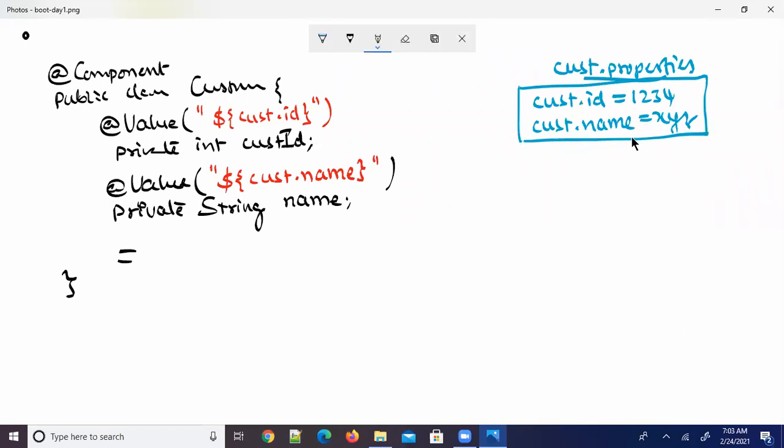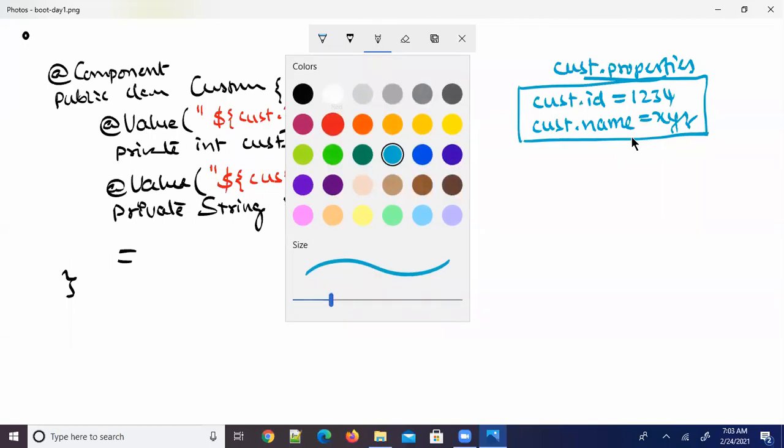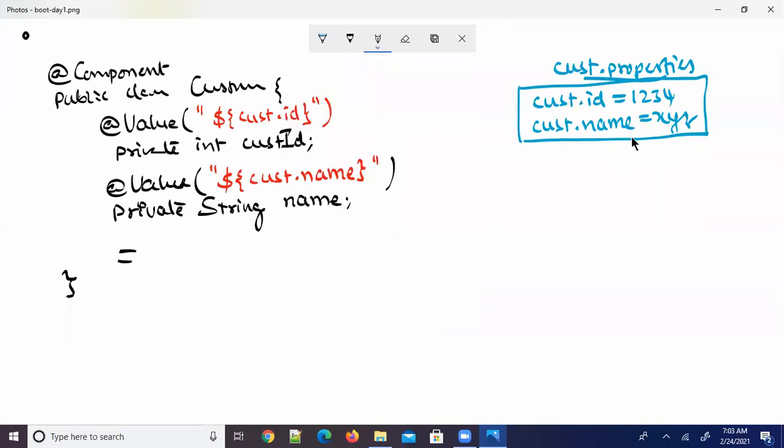So what happens at runtime? Now this Value annotation is going to inject the value of a placeholder from the properties file. See, what is the value in this properties file for this placeholder cust.id? If the placeholder matches the key, then this annotation will inject the value.